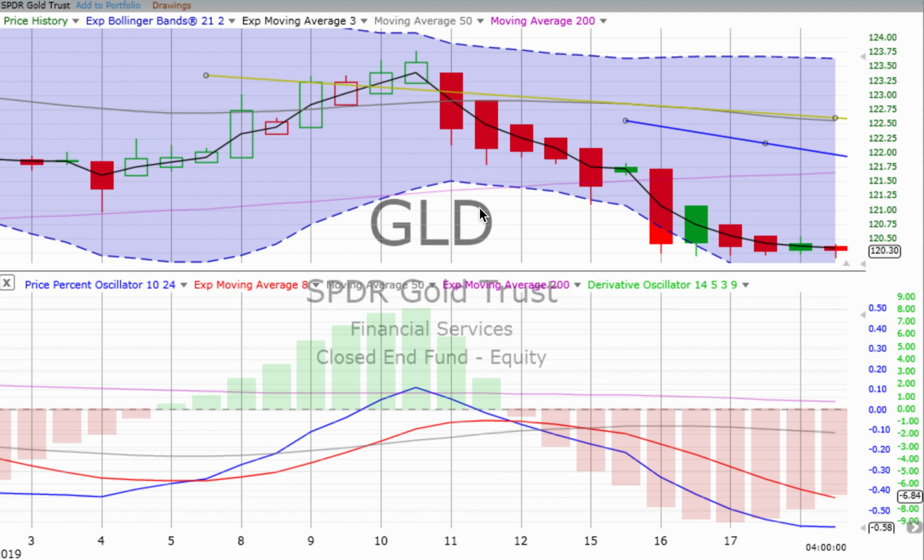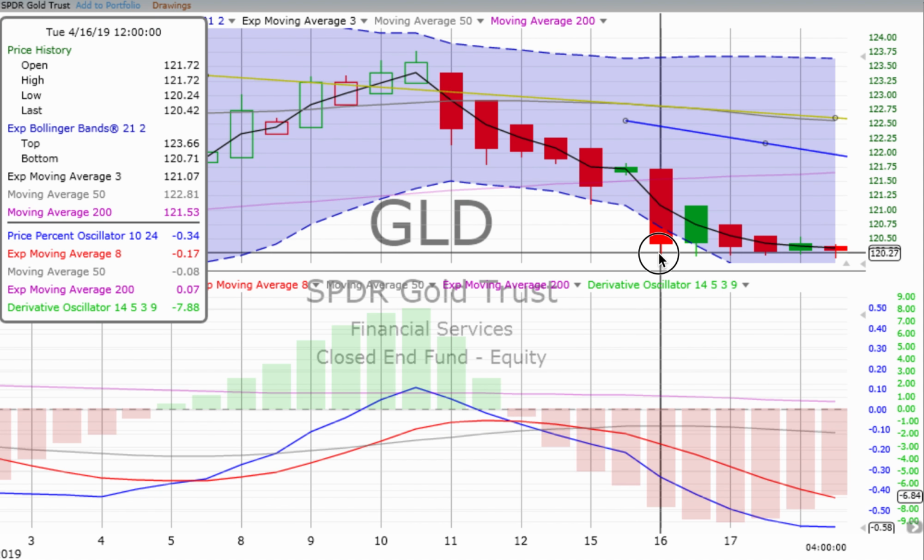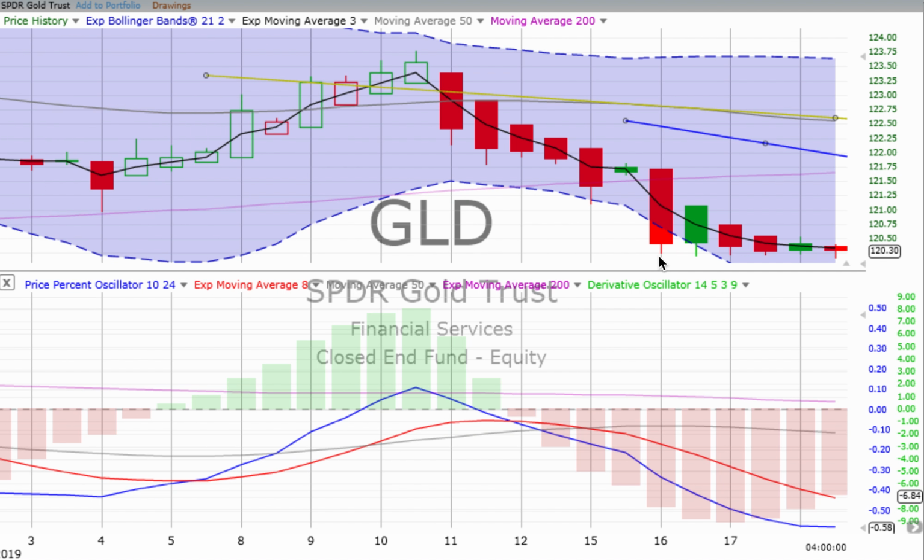What do we see on the 4-hour? That's what I've been talking about, a little concern about things sort of bottoming out at the 120.20 mark. Let's see how the week starts off. As things start bouncing up, you'll pay attention to that on the 4-hour chart, but most importantly, you'll pay attention to the 2-day and the weekly chart and see just how strong the derivative oscillator and the price percent oscillator in particular, how strong they continue.